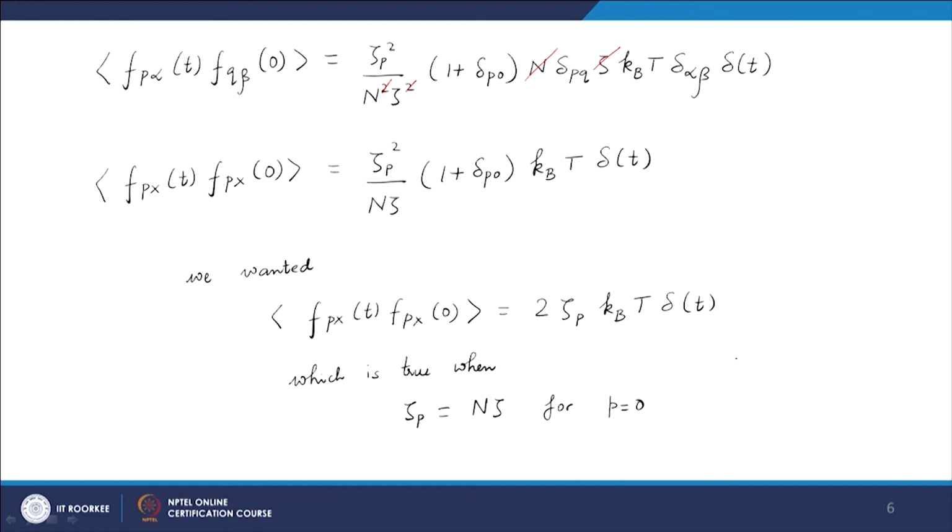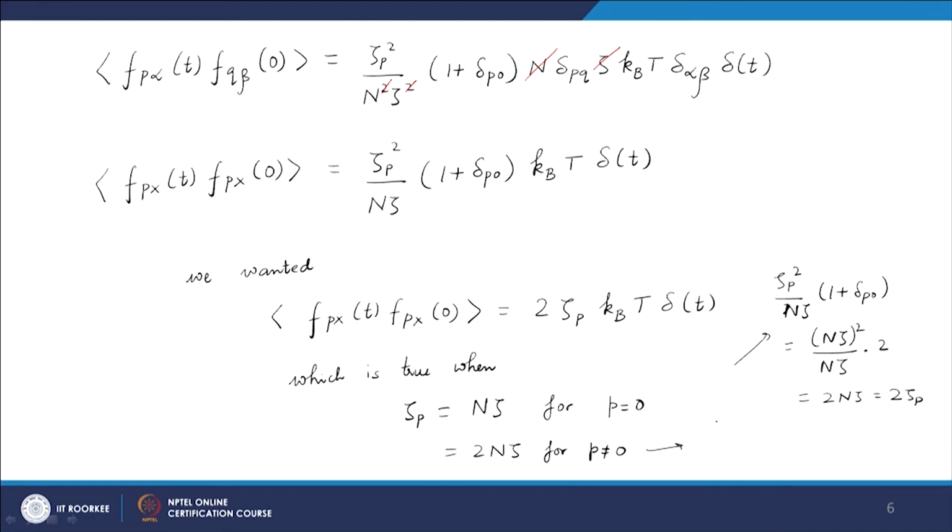You can see in this case zeta p square by n zeta 1 plus delta p 0 becomes equal to n zeta square by n zeta multiplied by 2, that is equal to 2 n zeta, which is 2 zeta p. So, it works well, and zeta p is equal to 2 n zeta for p not equal to 0,